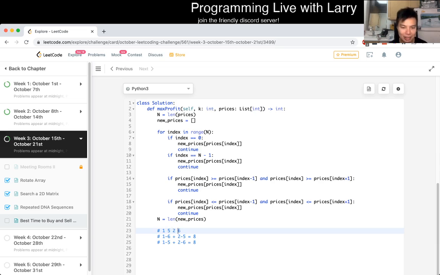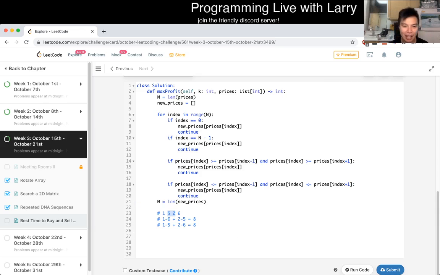Right, so this is actually an equivalent, kind of going back in time and then getting that extra profit from the 2 and the 5 as well, which is kind of really crazy if you think about it. It's almost like time traveling. But in any case,